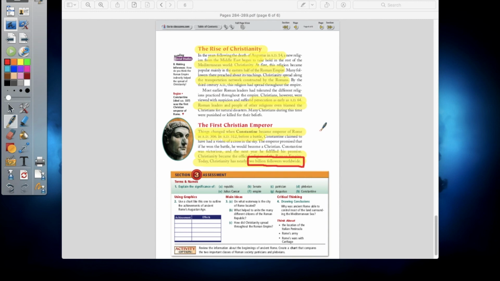So these are the things that led to Rome. This is the rise of Rome, going from a republic to an empire to a dictatorship, all the way to where it is now. Eventually, the Roman Empire will fall apart, and we will actually talk about that in the next section.